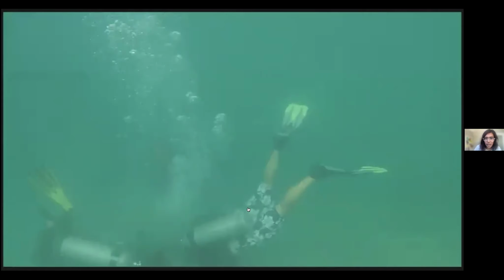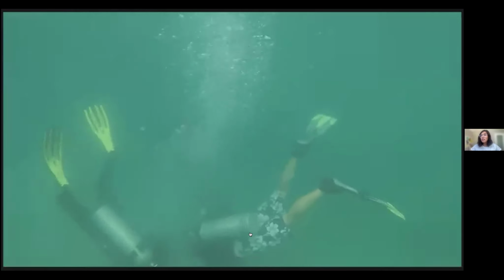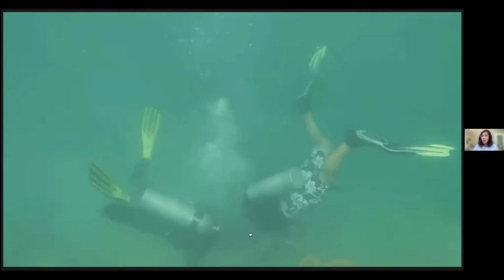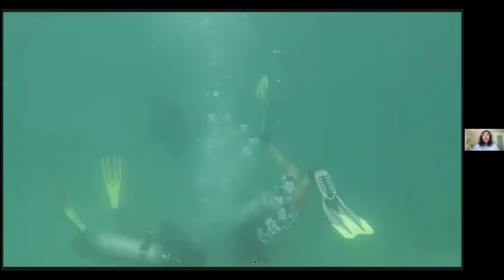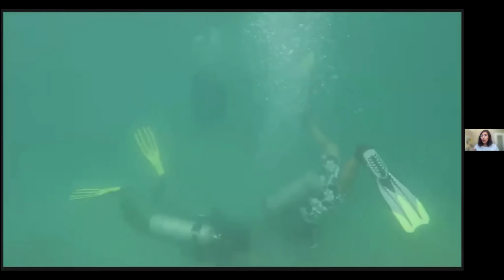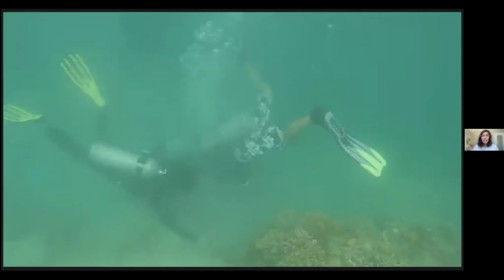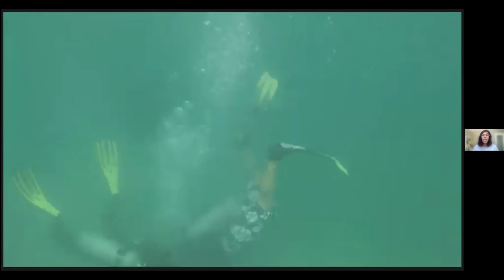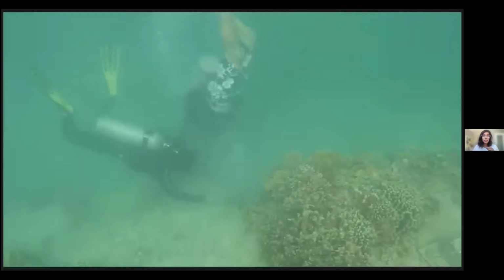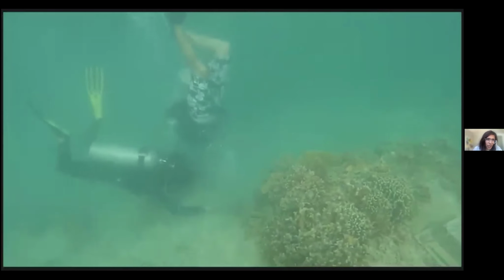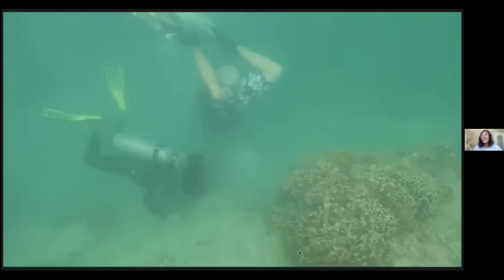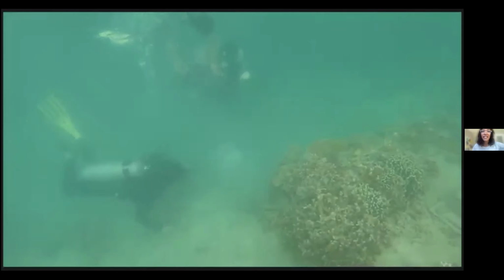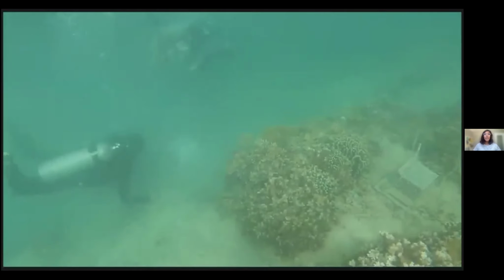I guess I can't fast forward it for you, but essentially we retrieve it, we bring it up, we take it to a boat, and then we disassemble the ARMS unit, and we look at everything in the plates. So we take pictures. I think something is stuck, which is why you might think we're not moving much. And we're probably trying to retrieve it from the bottom.